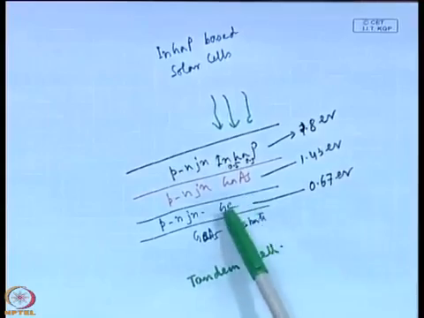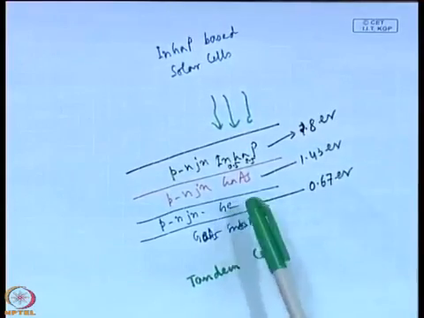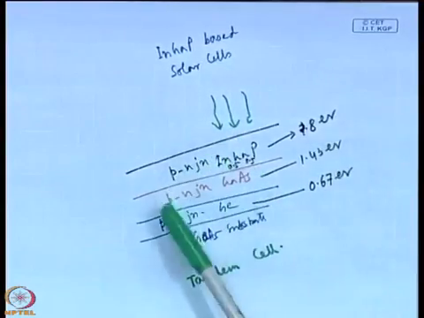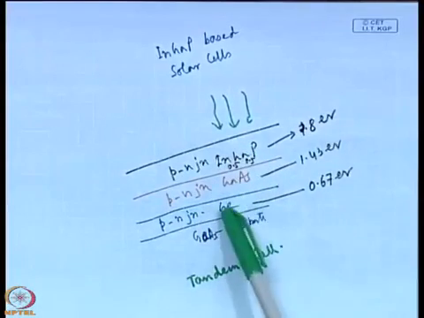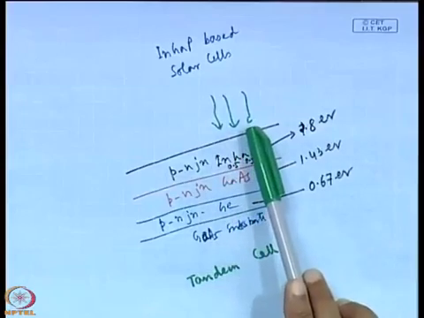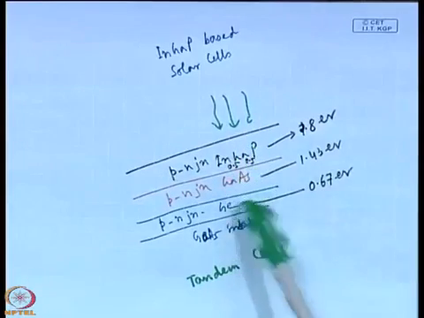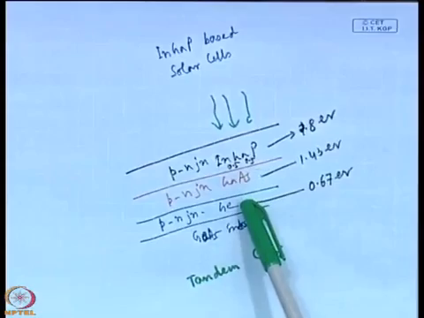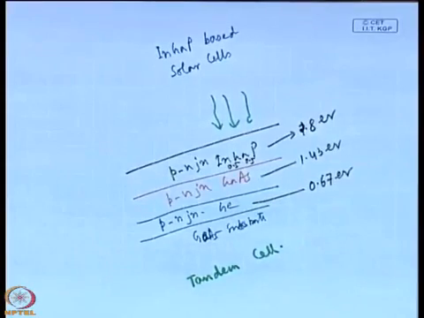And if you do not use germanium, then a substantial portion of the solar radiation will not be absorbed. So, harnessing the solar radiation will be difficult, and the efficiency of the solar cell will be reduced, and with this tandem solar cell